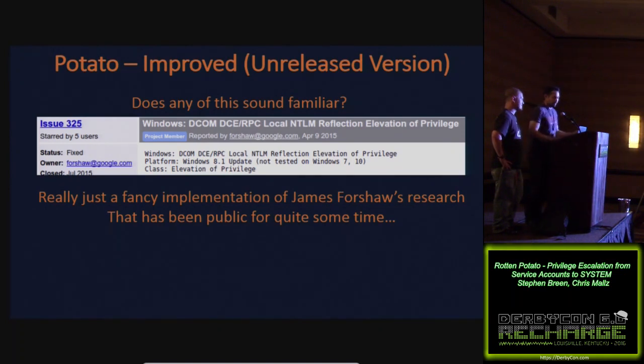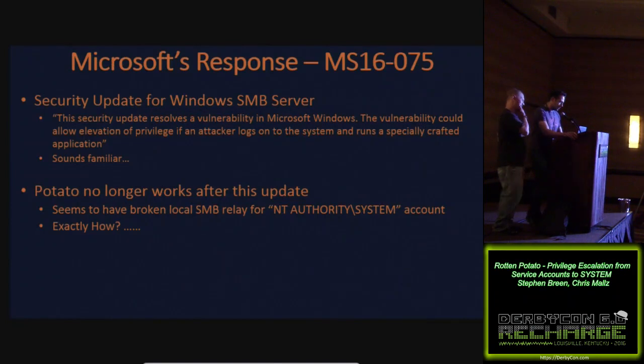Microsoft's response was kind of interesting, because to that original Project Zero release, they originally told him, we're not going to fix this. This has been mitigated by Extended Protection for Authentication, which is a non-default thing that you can enable, and SMB signing. Those both would have broken Potato if you had turned them on. But we find in a lot of enterprises those things are not turned on for various reasons. And so they told James, and you can go read it online, we're not going to fix this. It's mitigated by these options.